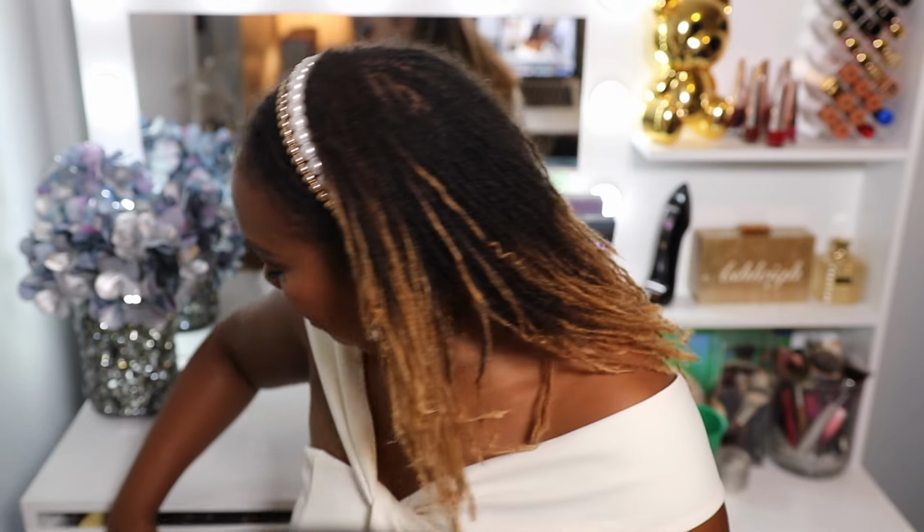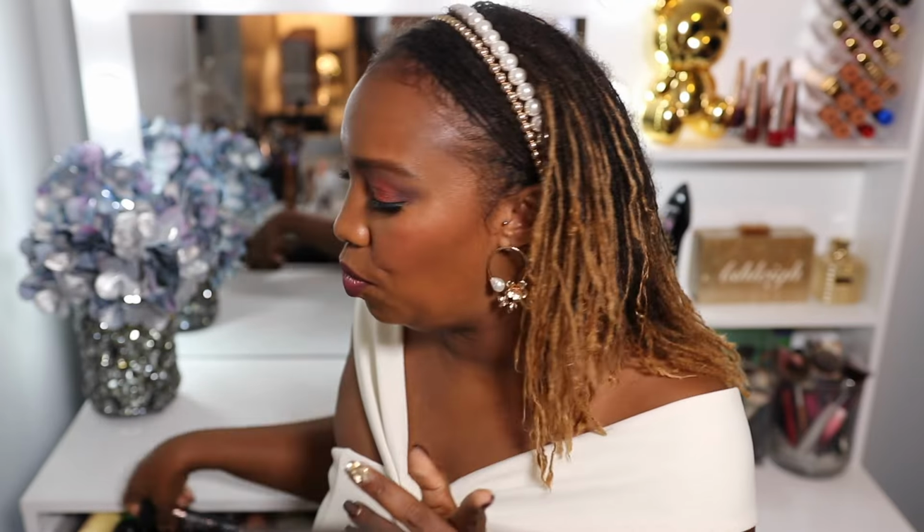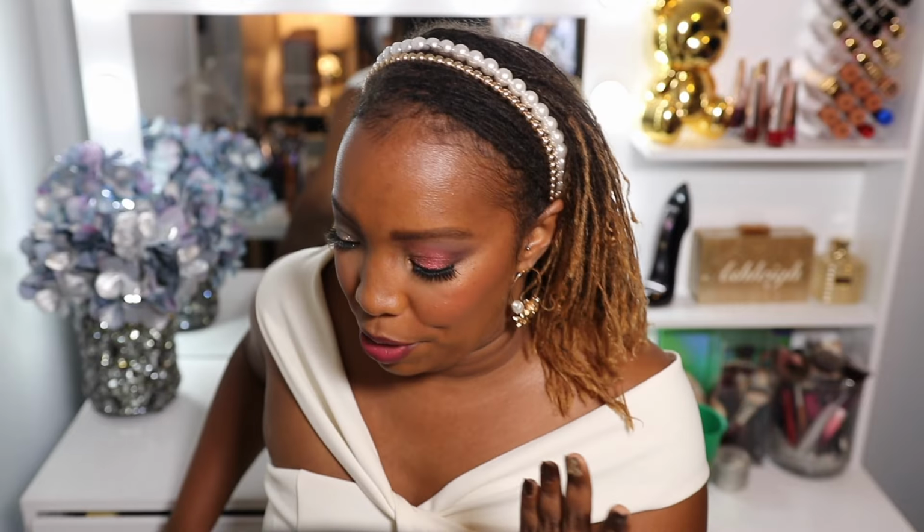And for the primer, I actually took my What's Up Beauty Positivity Primer. They did send this to me, but it's a really nice lightweight moisturizing primer. I went in with the Nomad Cosmetics